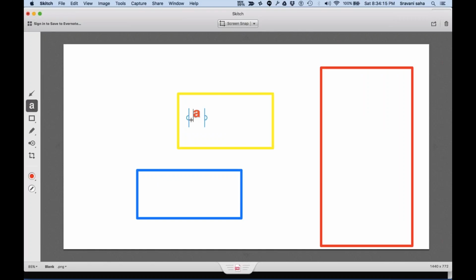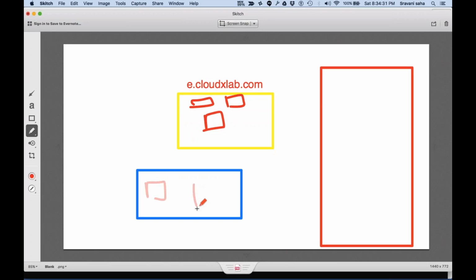Okay, so this is e.cloudxlab. Here you will see some files, a small file, and this is your desktop, and this is